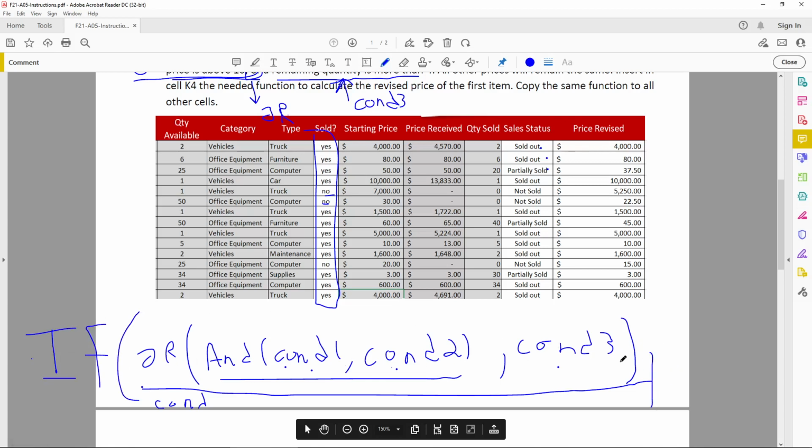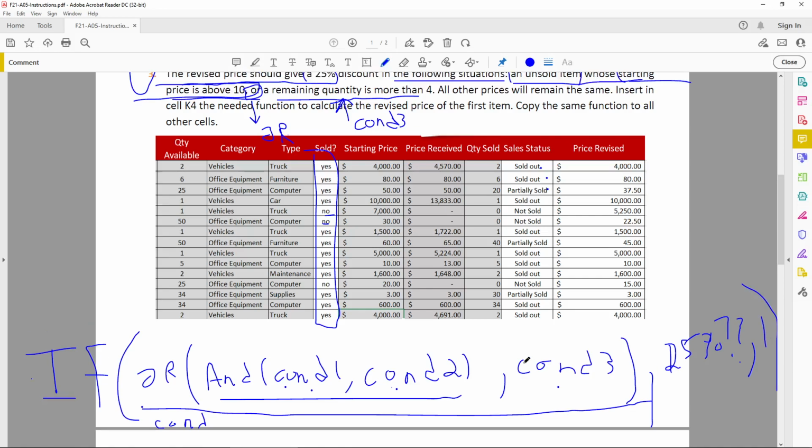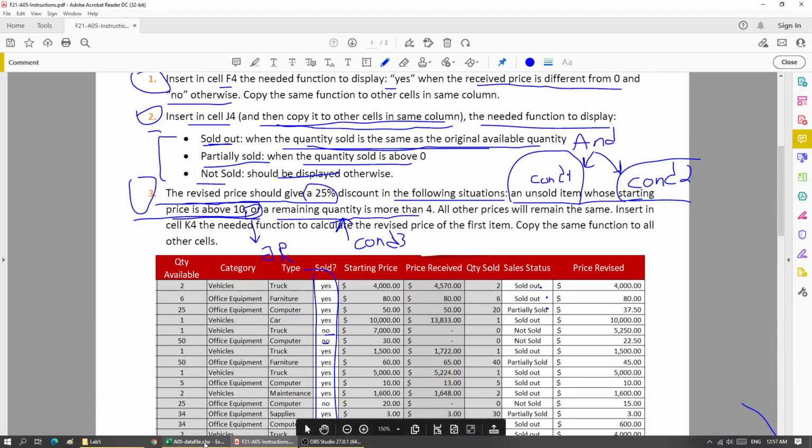So you're testing this condition. If it's true, you'll give the 25% discount. So we'll see how we'll do that. It's not just writing 25%. Otherwise, you'll leave the price as it is. So let's do that. Going here,